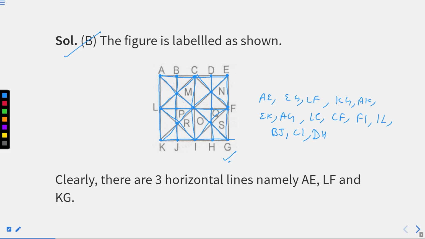Now you can see, I think every line is covered. You can count 1, 2, 3, 4, 5, 6, 7, 8, 9, 10, 11, 12, 13 and 14 in number. We have already calculated by redrawing the same answer, right? I hope this part is clear. I hope this question is clear. I hope both the methods are clear to you right now, right?